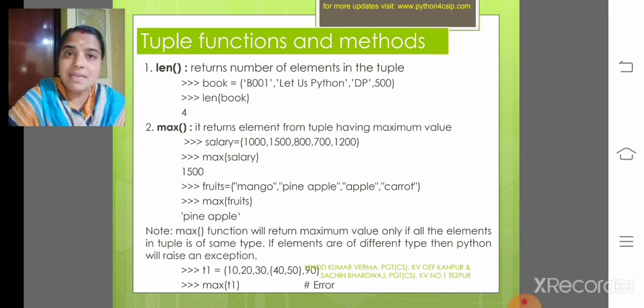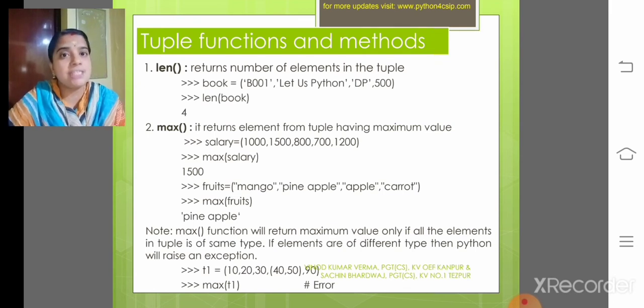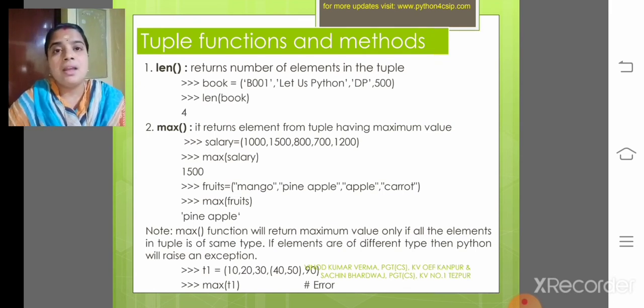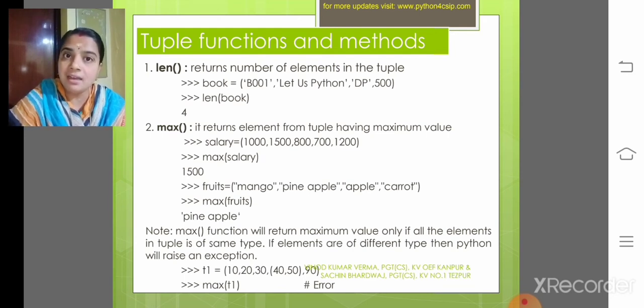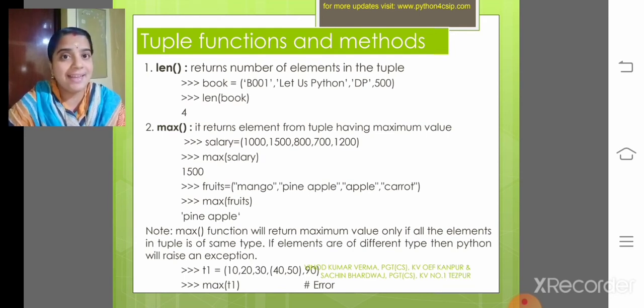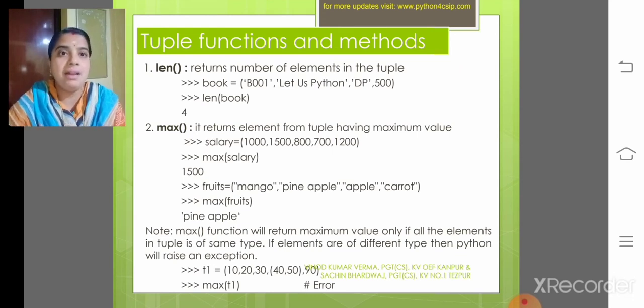Then, as we discussed many functions in string and list, tuple also has many functions. The first function is len, which is used for finding the total number of elements in a tuple. Here I have a tuple called book. How many elements are there? 4.